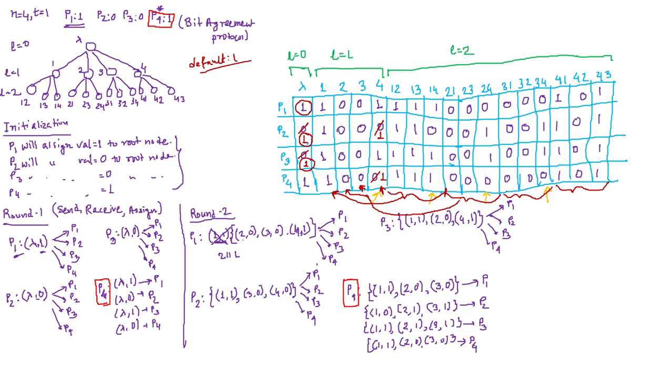Now among these level 1 nodes, 1 0 0 1, no one has a majority count, so they will have the default value 1, so this is already 1. So you can see at the end of the Byzantine agreement protocol, now the protocol is finished, everyone has got some value at their root node, and that is the output of the protocol, and you can see that everyone has agreed upon one particular value, which is 1,